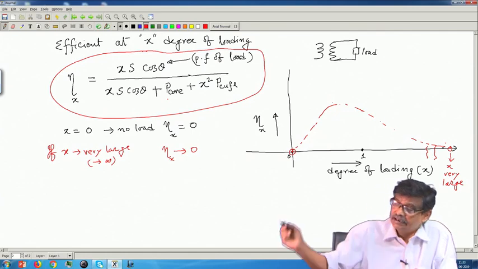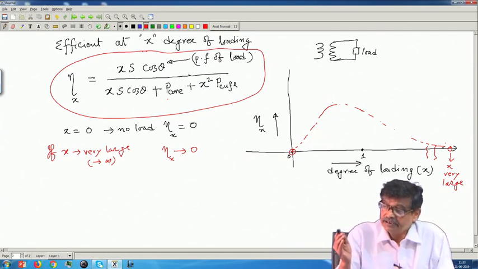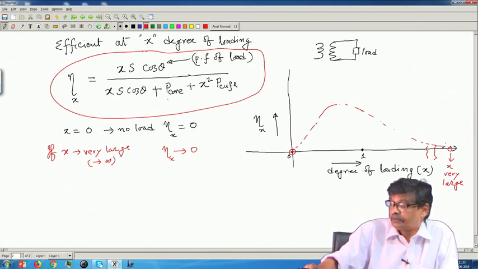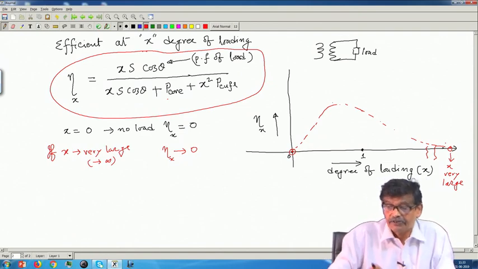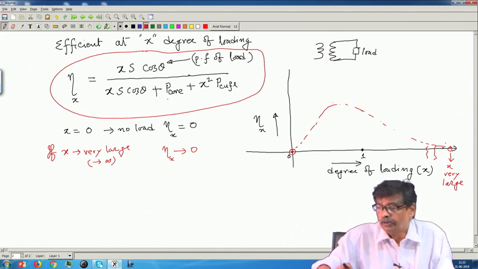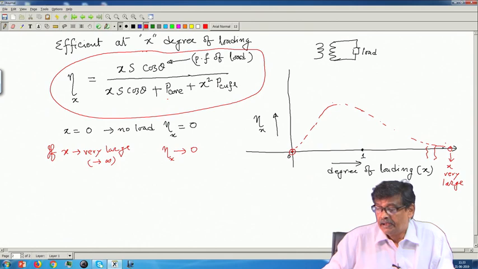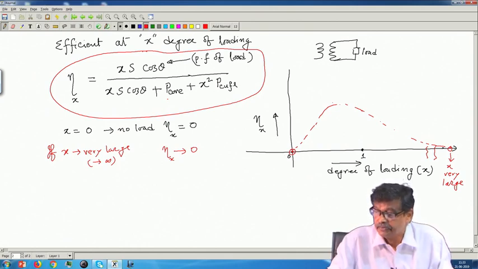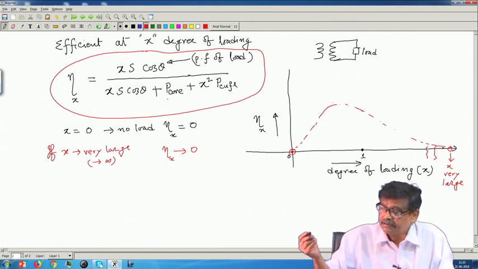So, it is expected this curve will be something like this here. Is it not? It has to be. Therefore, efficiency will rise, then finally it will come to 0 once again, and it is a very reasonable expression, a function of x, no complications. Therefore, it will be a smooth curve, and I would then expect the efficiency to rise initially, and later it will start decreasing and become 0.